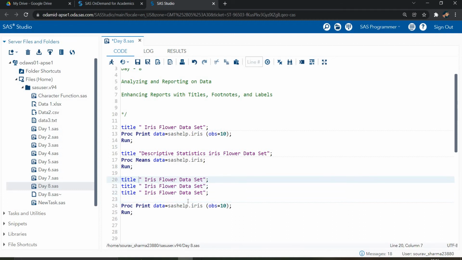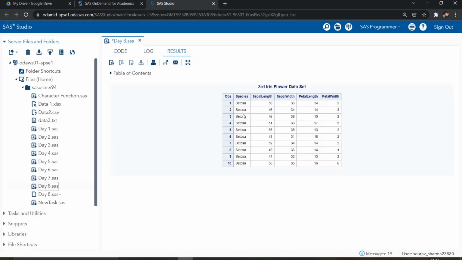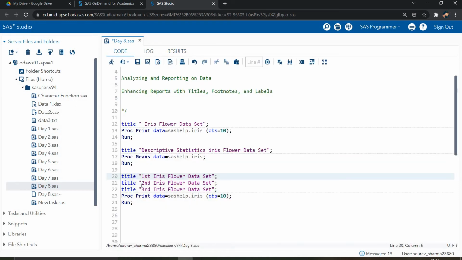This is my first line, this is my second line, and this is my third line. I wrote it 3 times, but if I print all three, they show only the third one. Why? Because title is equal to title 1.